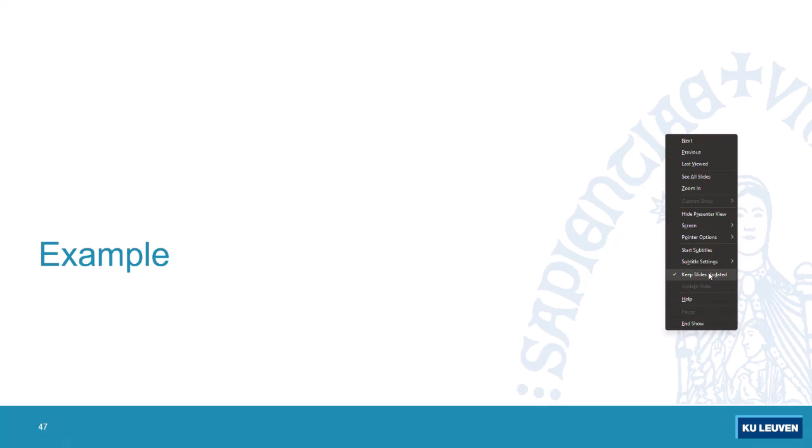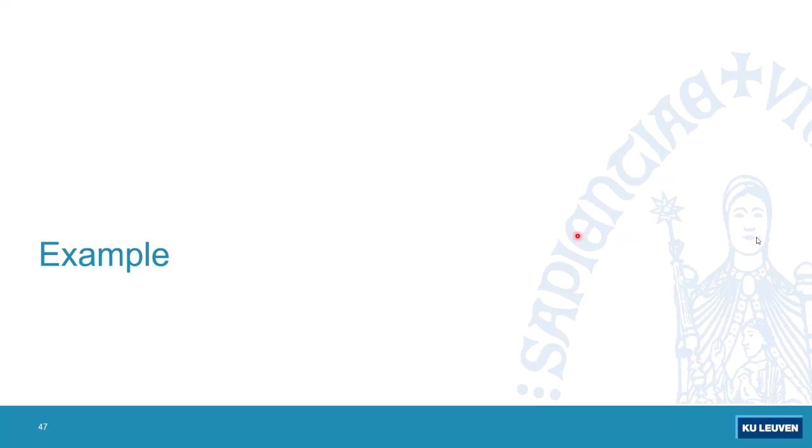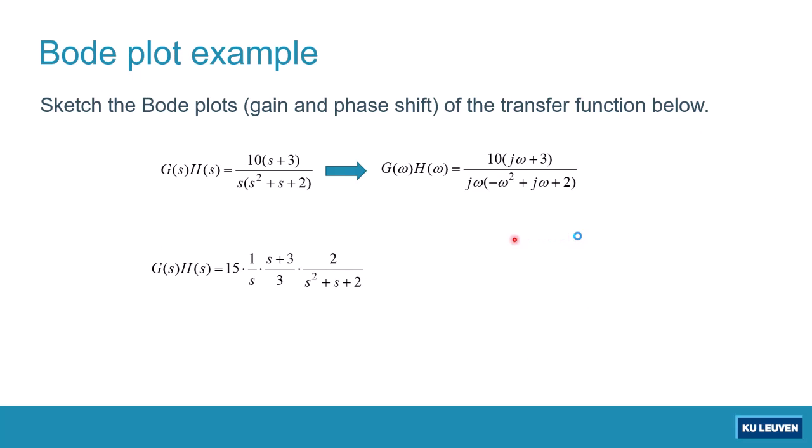In this short video, I would like to give a simple illustration of how we derive the straight line sketching for a slightly complex system. This is the system that we are going to consider, where the Bode diagram is going to be sketched. We have a system where the transfer function is equal to 10(s+3) divided by s squared plus s